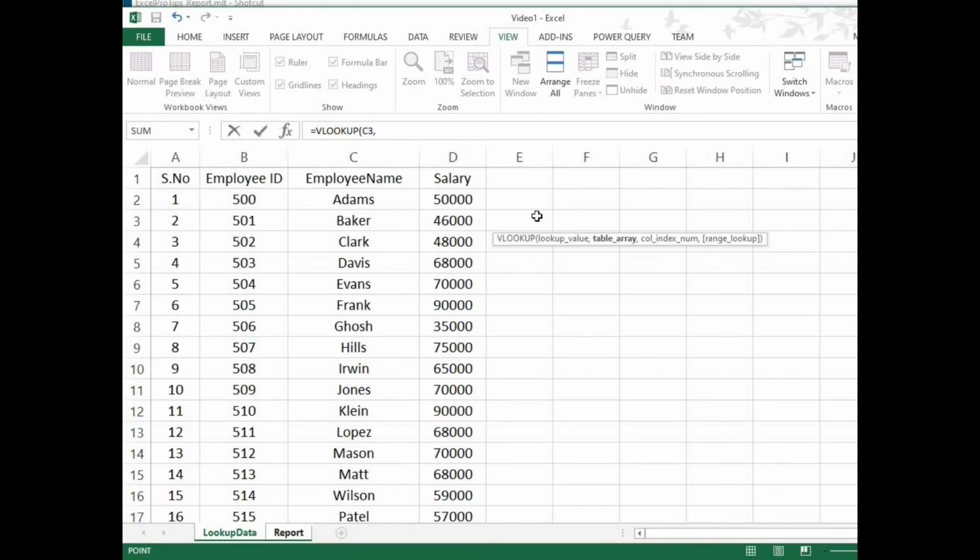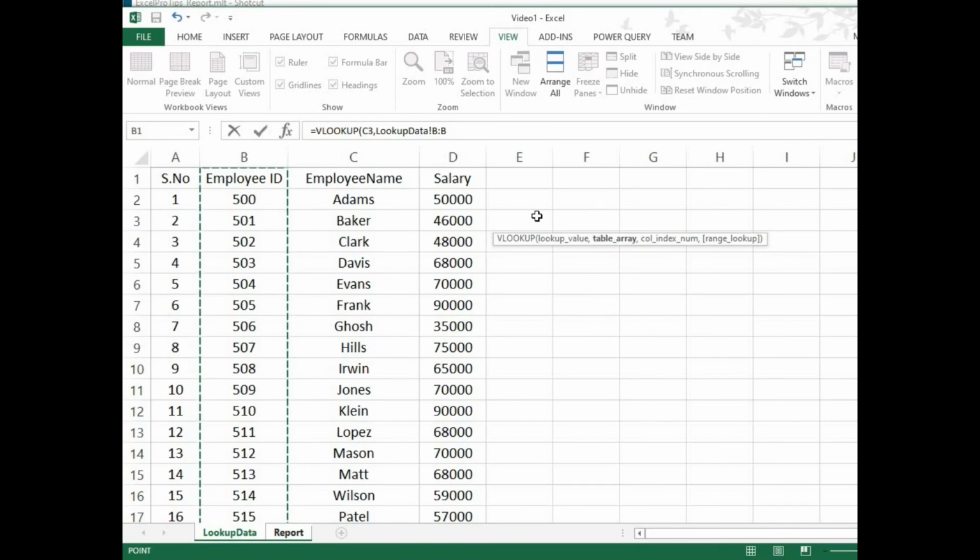Now press the Home key, and Control is already pressed, right? So Ctrl+Home is the shortcut for A1, that will select cell A1. Now select the employee ID column by using the shortcut Ctrl+Space.